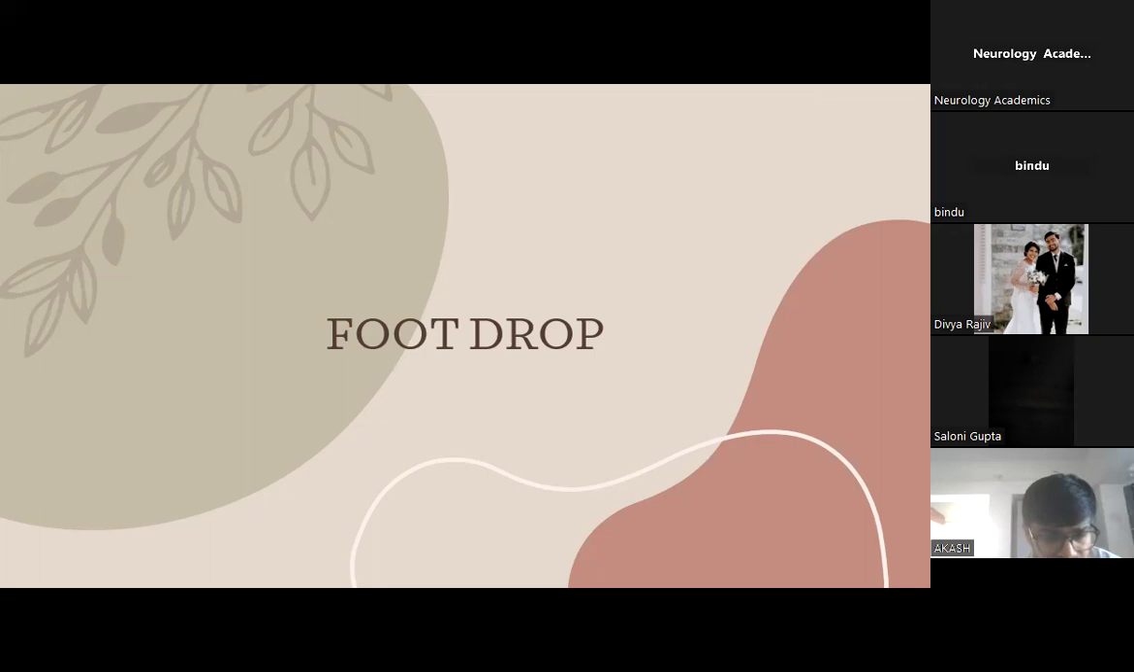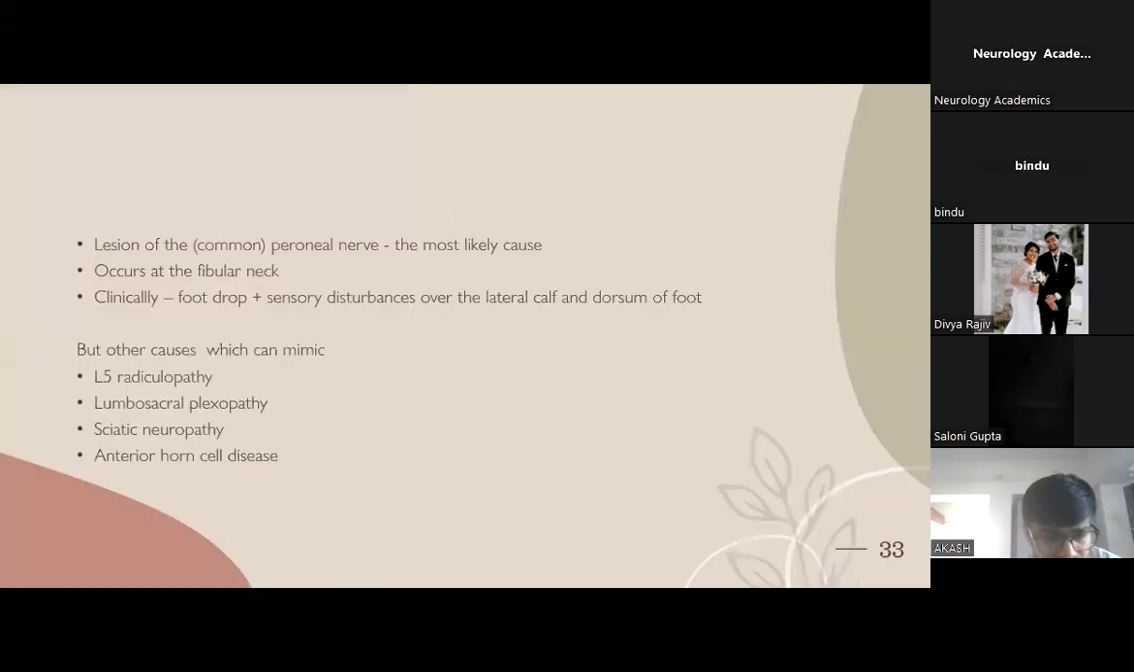Coming to the next topic, that is foot drop. Lesion of the common peroneal nerve is the most likely cause, and it occurs at the level of the fibular neck. So clinically, the patient will have foot drop and sensory disturbances over the lateral calf and the dorsum of the foot. The other causes which can mimic peroneal neuropathy are L5 radiculopathy, lumbosacral plexopathy, sciatic neuropathy, and anterior